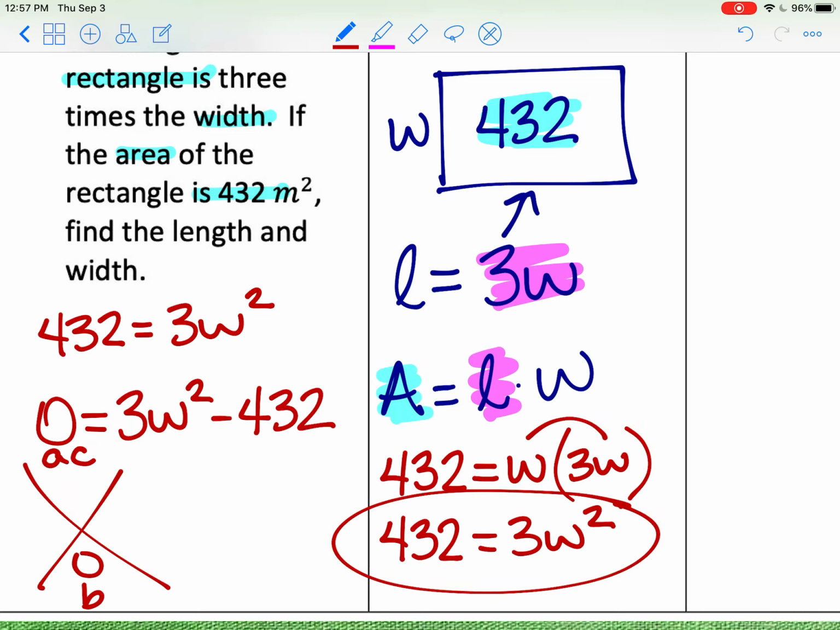But remember, when you square root something, you have two answers, a positive and negative. But here's the good part. If you have a negative value, can that be the length of something? Can that be the width of something? So if you get a negative value, that's not going to work. Use the positive value. And then you can plug that in to find what your other variable